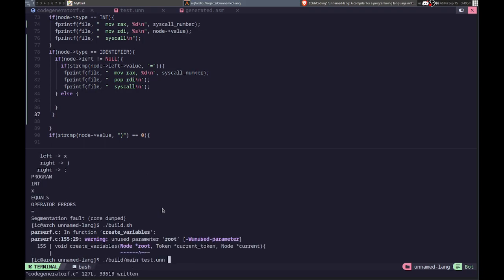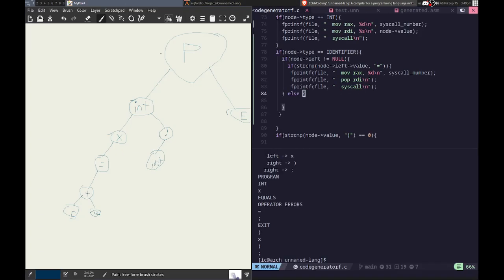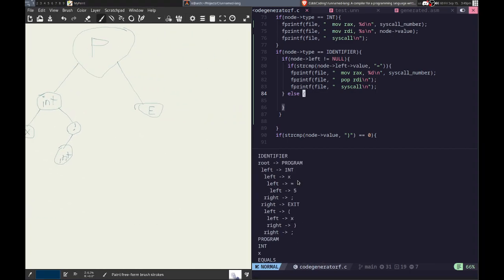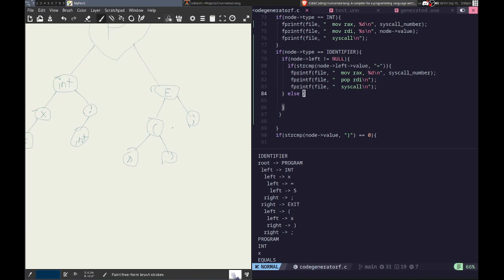Alright, let's see. So let me just set this back up. Open parentheses, semicolon, and let's see, what is left of that is x, right is closed, yeah, that's an x, and let's see, right is closed, and that is it for this. So x, alright, that doesn't really look like an x, but that's alright. So what we want to do,